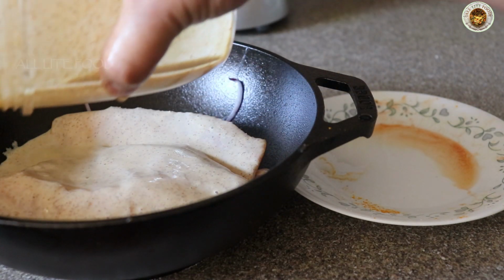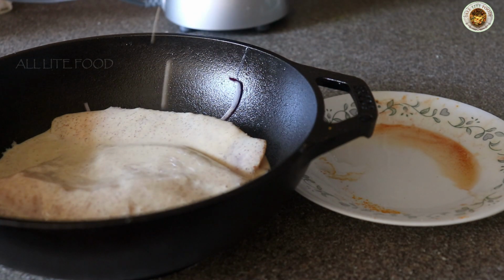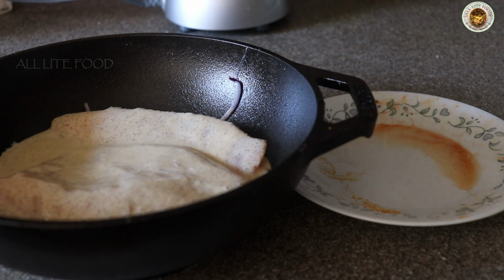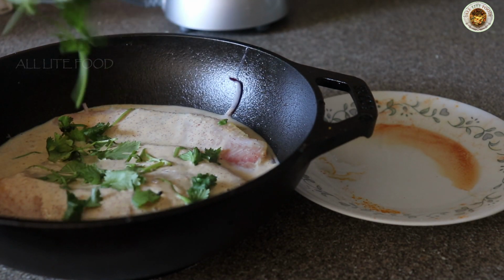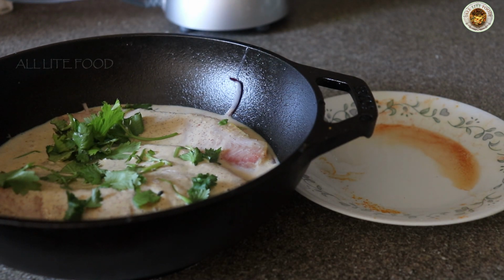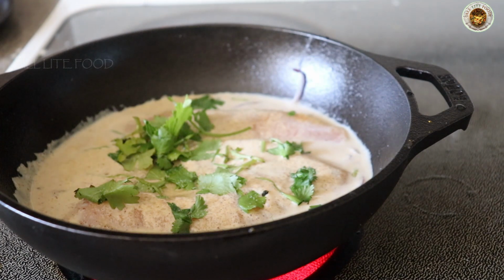As you can notice, I am not adding any oil as the mustard seeds and coconut cream will provide the grease. The mustard smell is making my whole kitchen aromatic. End the preparation by adding a handful of roughly chopped coriander leaves and put it on the stove to cook